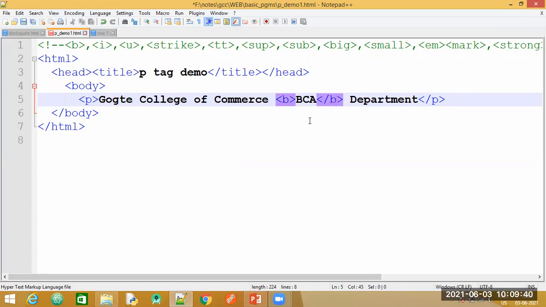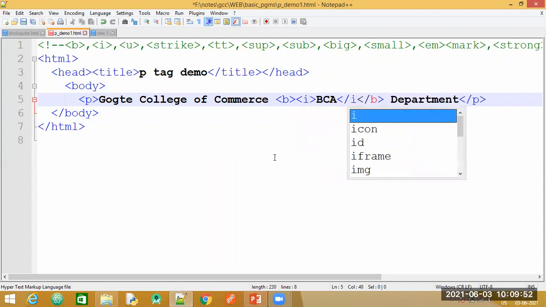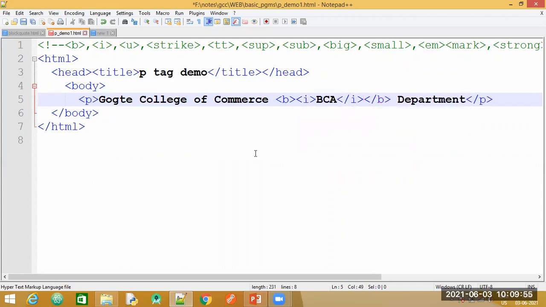Now let me apply italics. Let me also make BCA in italics here itself. So here only, let me write I tag. So I have closed it. Then we have underlined. Let me apply it for this word Gupte.